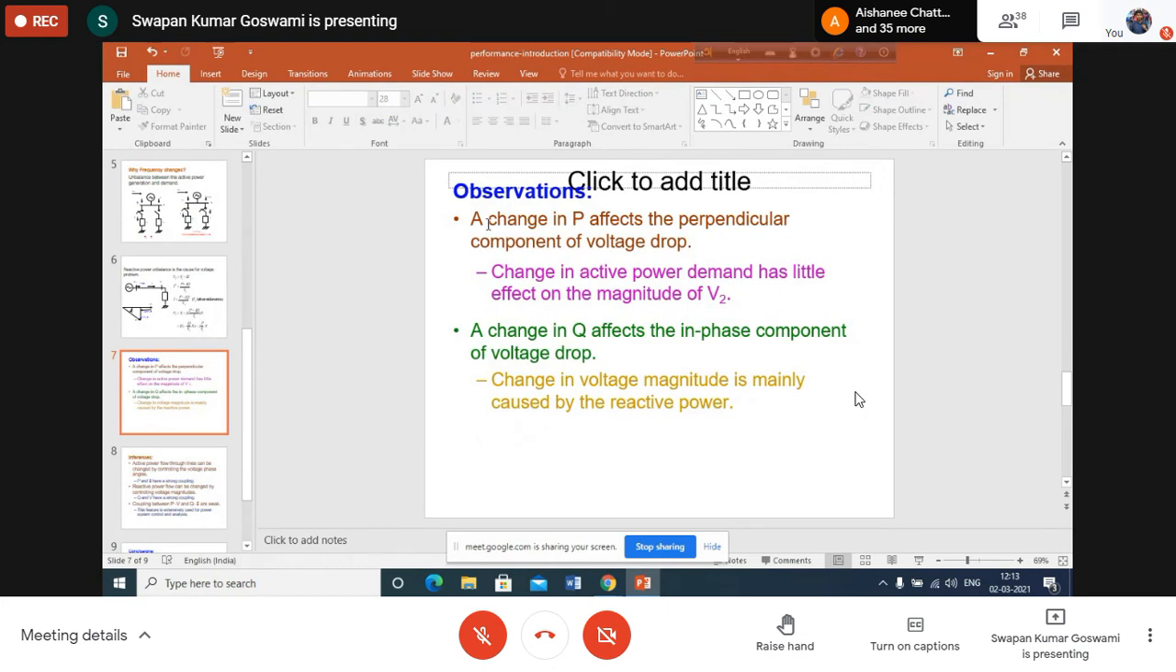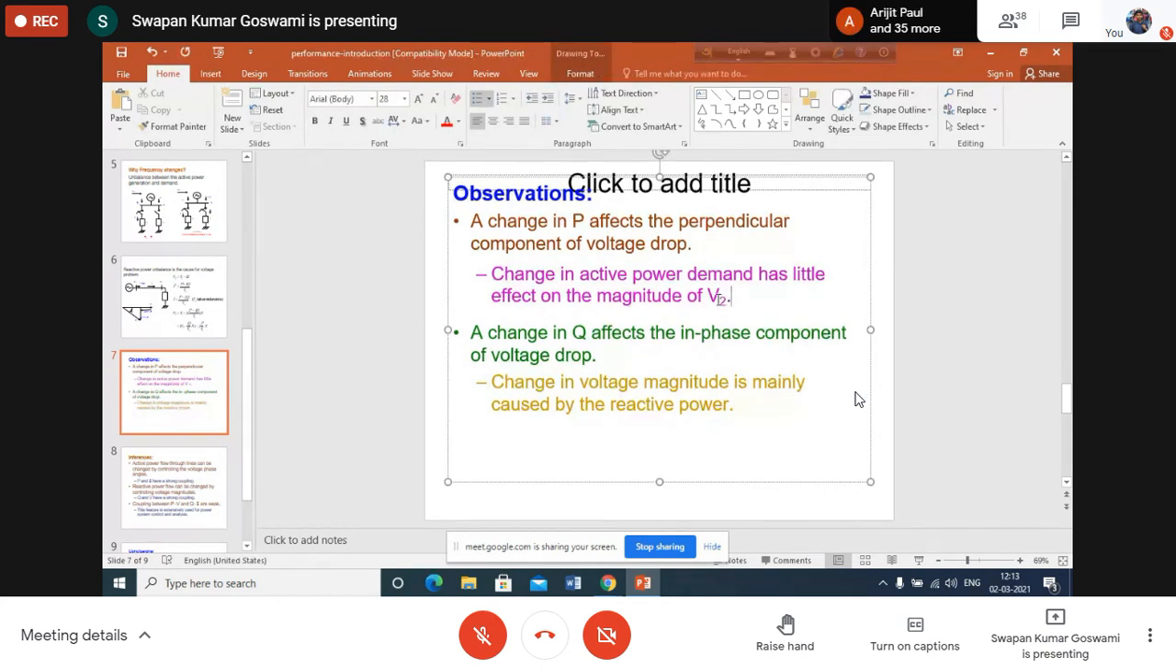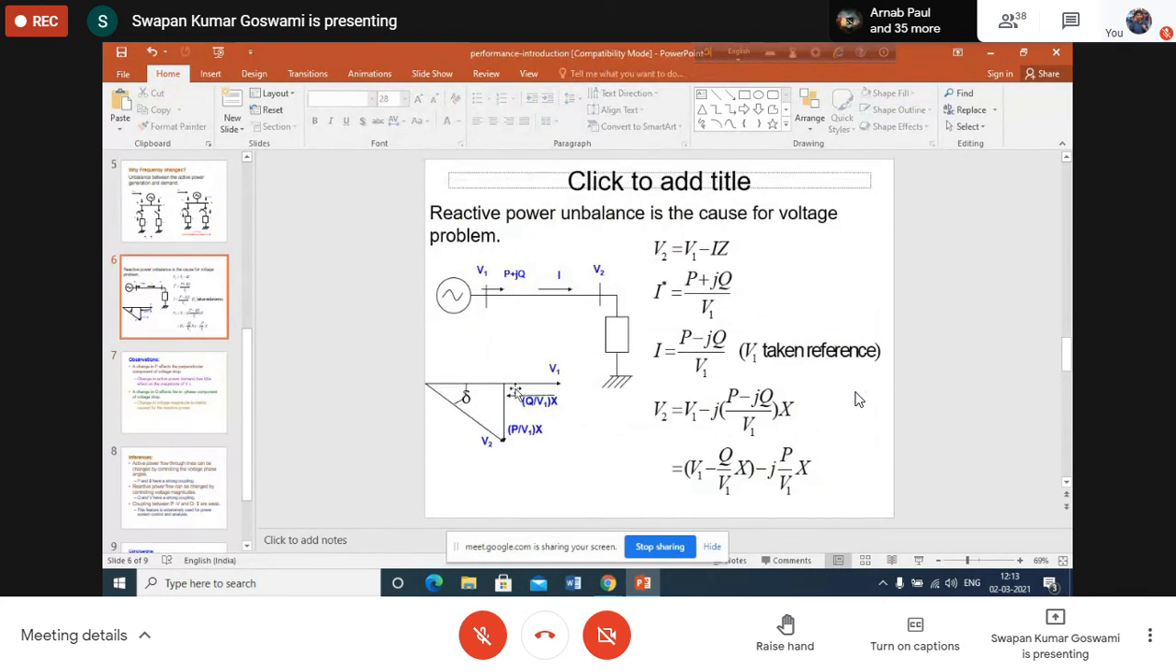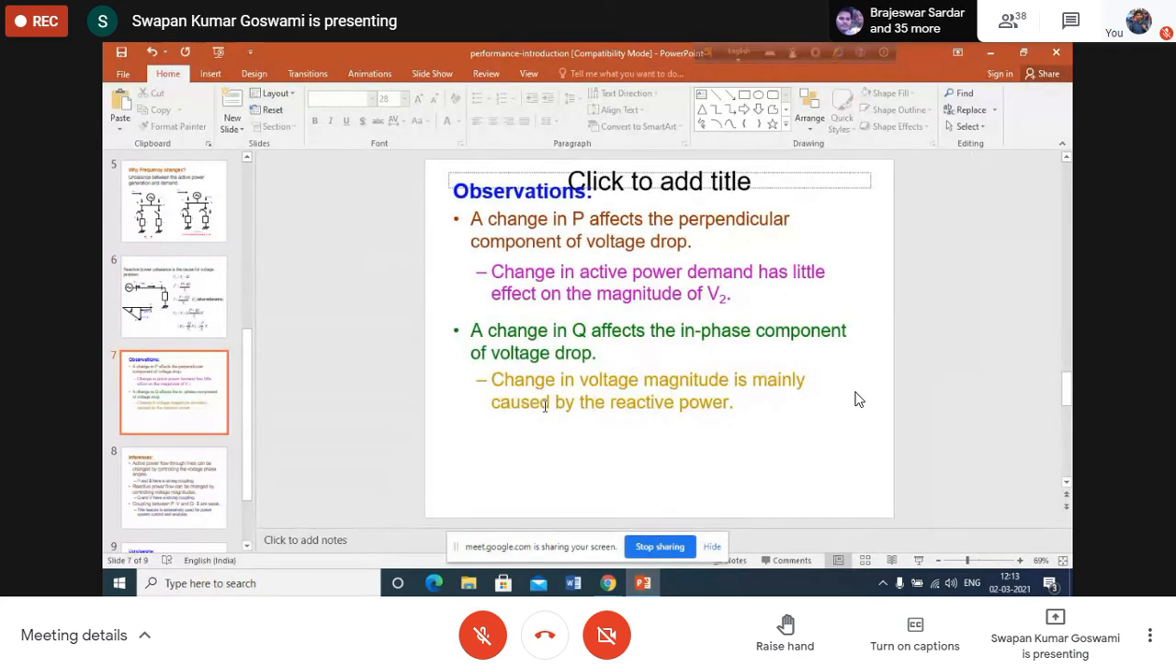So whatever we have observed here, you see that a change in P affects the perpendicular component of voltage that I have mentioned. Change in active power demand has little effect on the magnitude of V2. Why do we say there is little effect? Because if there is a change in the perpendicular component, the total magnitude is the square root of the square of this component plus the square of this component. Obviously, it has some effect, but since the phase angle difference is not much in a power system,